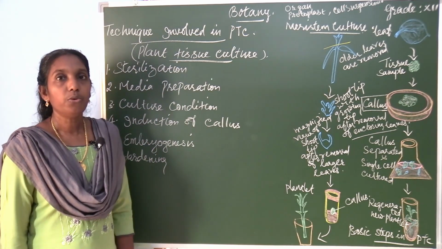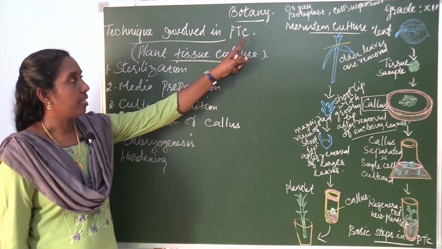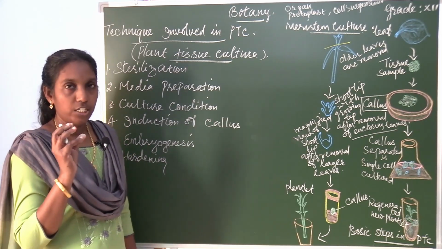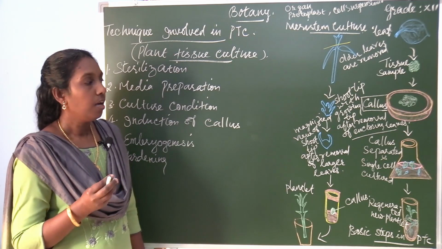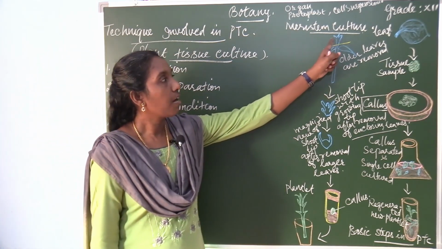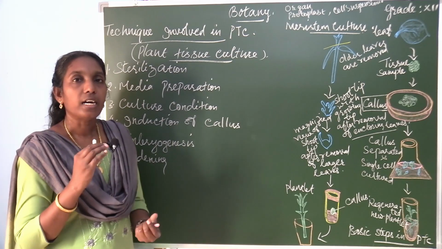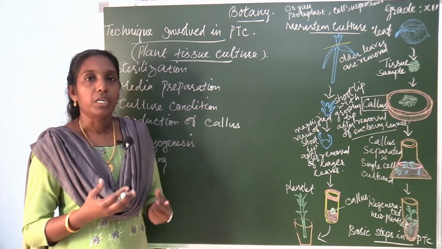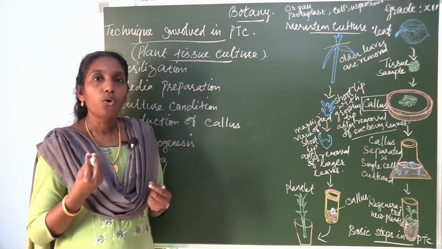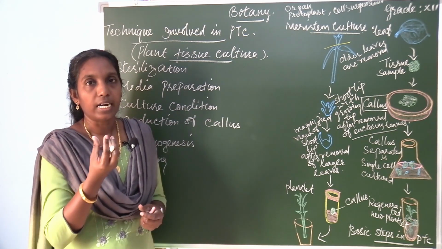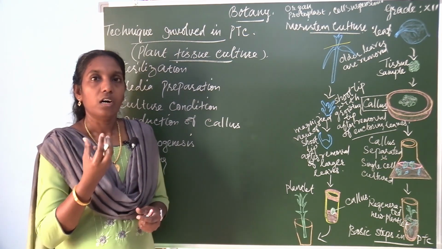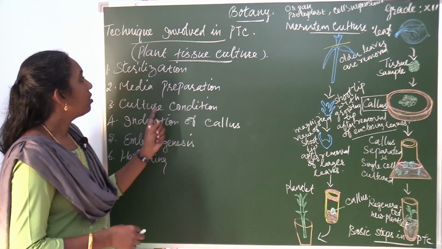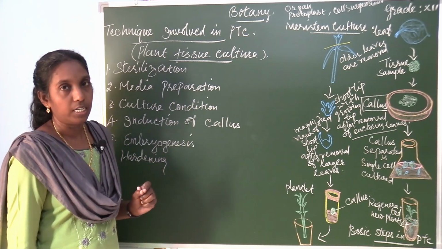What is sterilization? You know that in plant tissue culture, we culture plant tissue, either a single cell or a tissue or an organ derived from any part of the plant, in an artificial synthetic medium under aseptic condition, because it's the method of growing a plant in a small glass pot, glass tube or any glassware with culture medium. So this technique is very important.